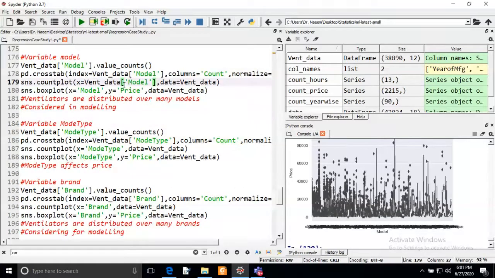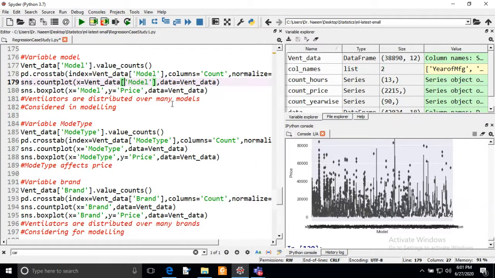Any participant can ask the question why we are not working with the range of the model. Actually, it is categorical data, so we cannot work with the range of this model.